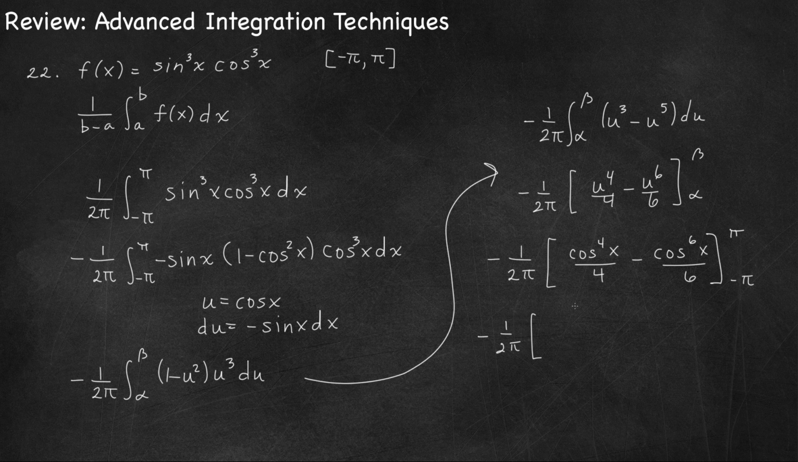So first we'll sub in pi. The cosine of pi is negative 1, but we're raising that to the power 4, so it becomes positive 1. And then same with cosine of pi to the power 6, it's going to become a positive 1. Now I'm going to sub in the negative pi. The cosine of negative pi is also negative 1, but we're raising it to the power 4, so we get 1/4. And then same with cosine negative pi to the power 6, it becomes a 1/6. And so we have 1/4 minus 1/6 minus 1/4 minus 1/6, which is just 0, times negative 1 over 2 pi